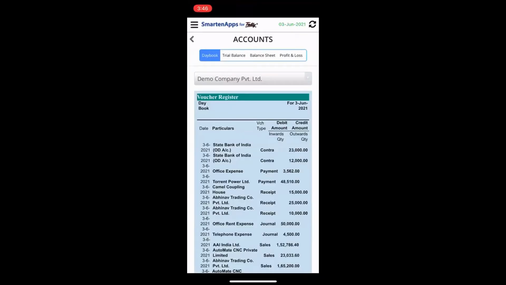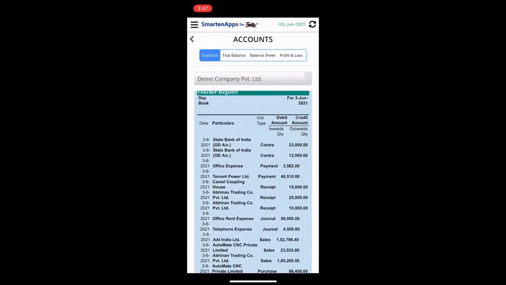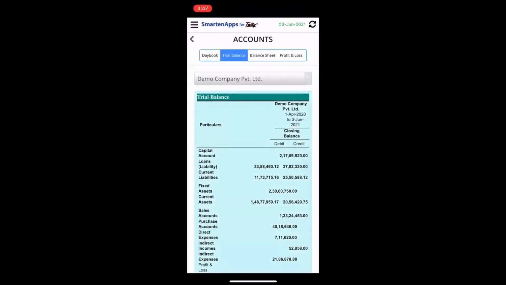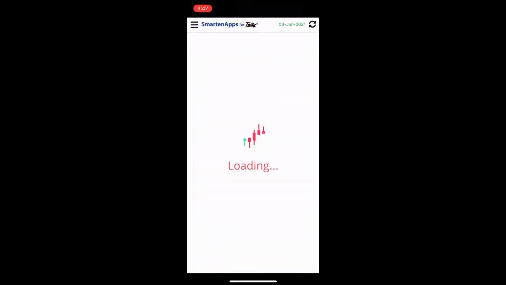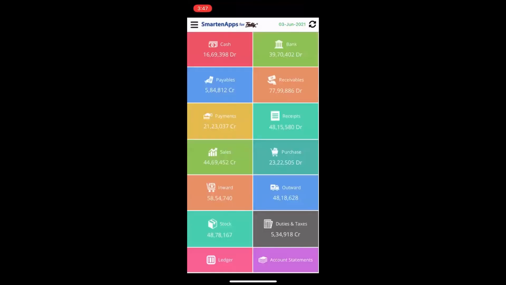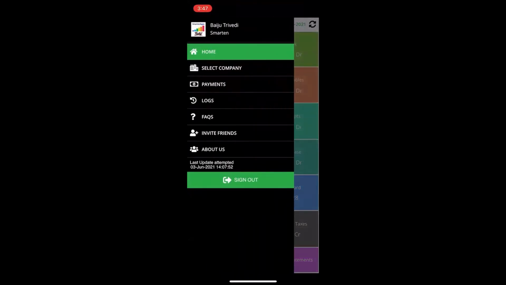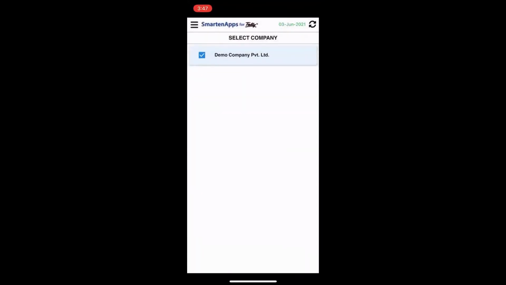So you can have a quick look at that as well. This is a quick snapshot of the mobile app. If you click on the menu on the left, it gives you access to select multiple companies. If you have access to multiple companies provided by the desktop app admin, you will see the aggregated data of your 2, 3, 4, 5 companies that you may have as well.